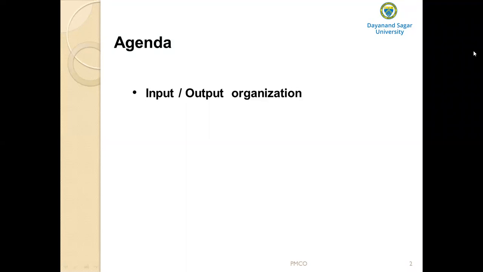So today we'll discuss the input and output organization. This topic is about the computer's input and output. Here we will learn about how input and output is handled by the computer system. As all of us know, input and output plays a crucial role in any modern computer system. Therefore, a clear understanding and appreciation of the fundamentals of input and output operations, the devices and interfaces, is of great importance.